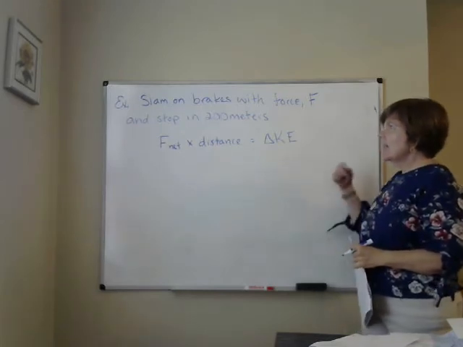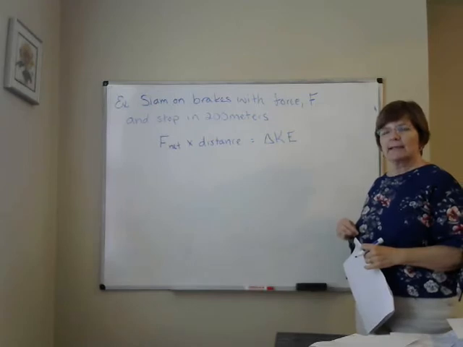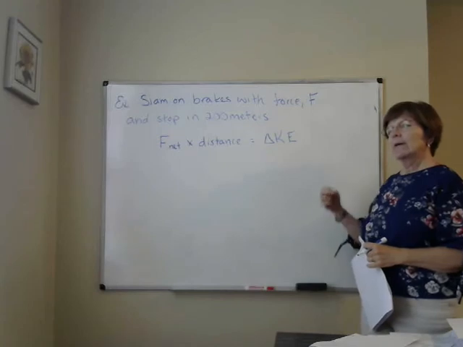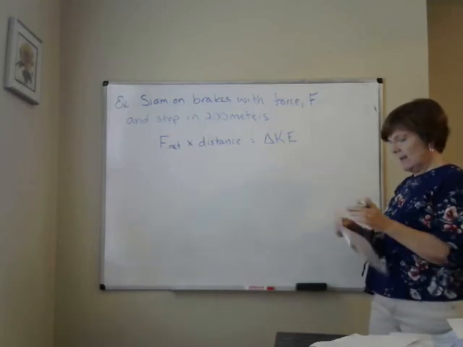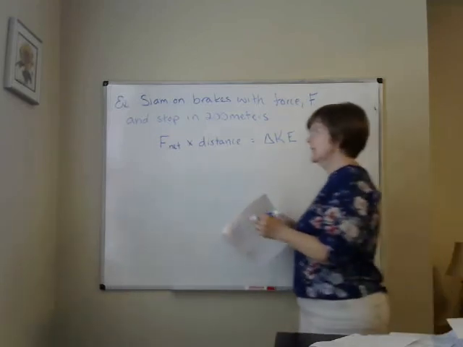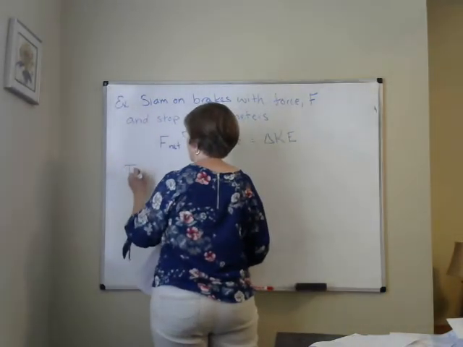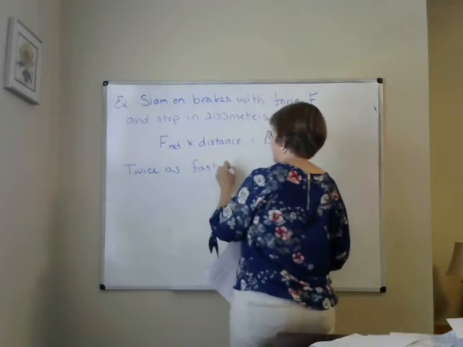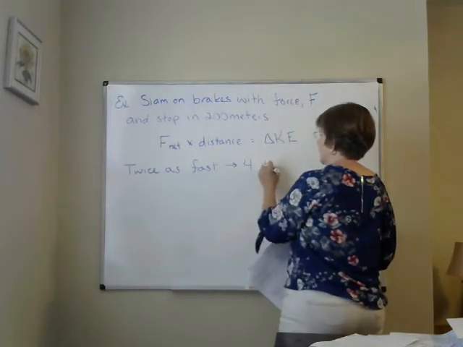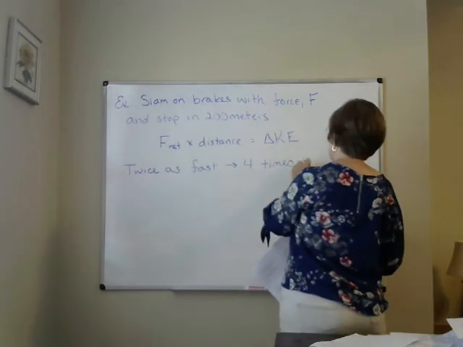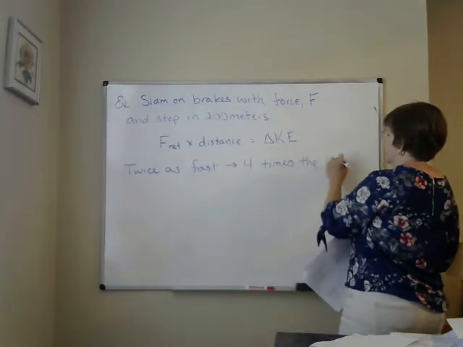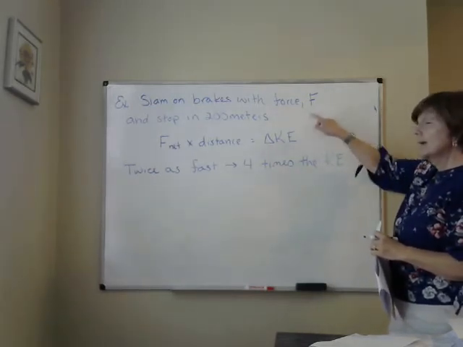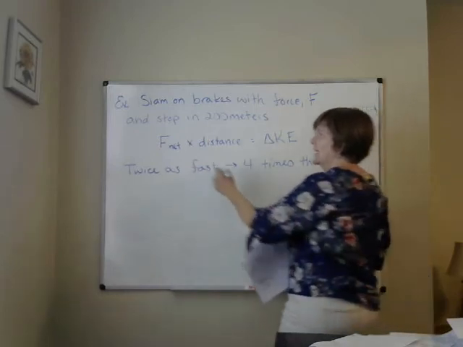But think, if I'm going twice as fast, I have 4 times the kinetic energy. If I want to change my kinetic energy to 0 and I have 4 times as much, I can't change this